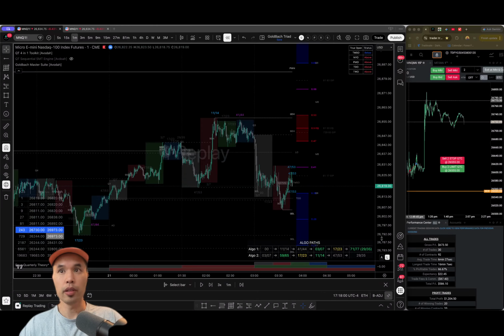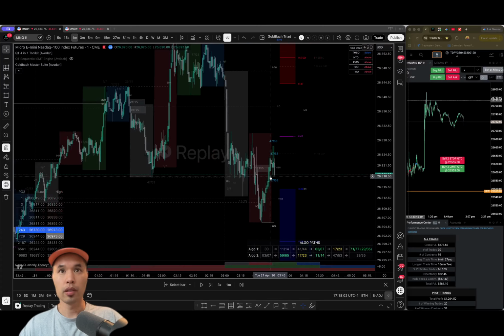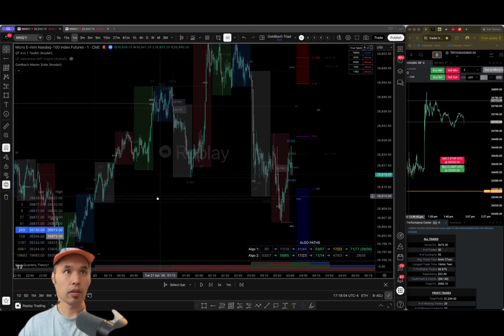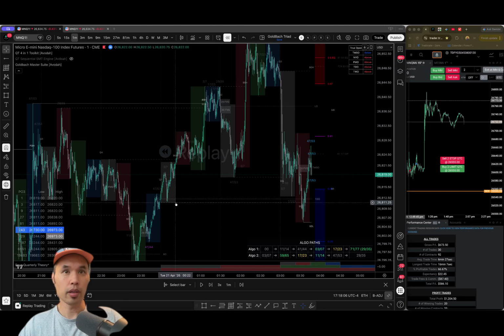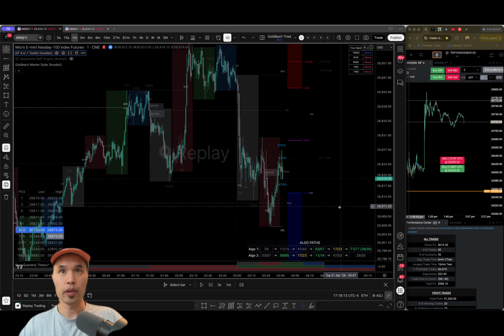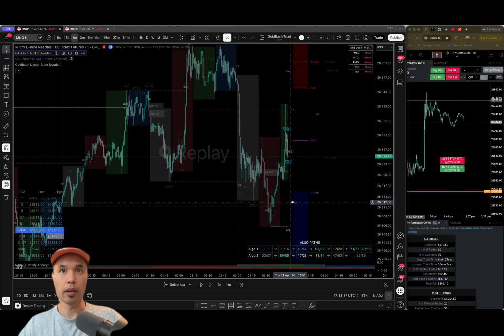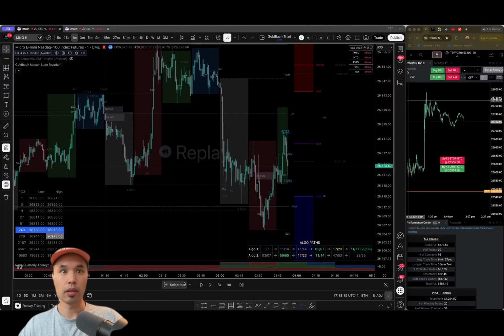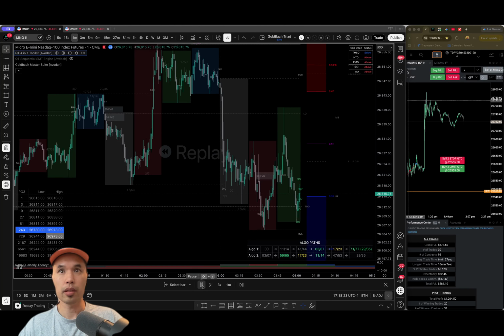Here we go, 20-minute FVG. Okay. So in this example, we're looking at a 28-minute FVG, and then boom, right there. Okay, so I don't know why it's not keeping the lines on there, but